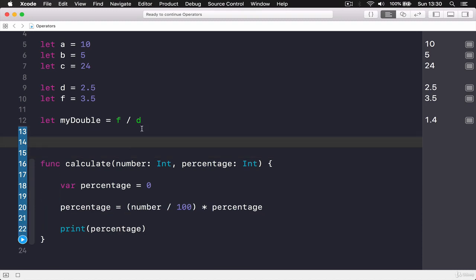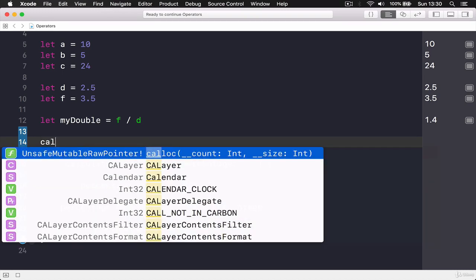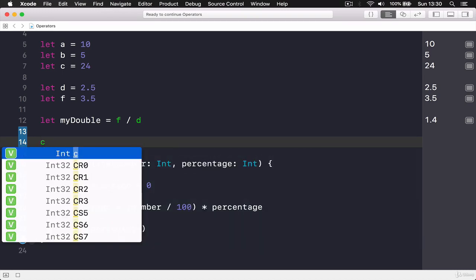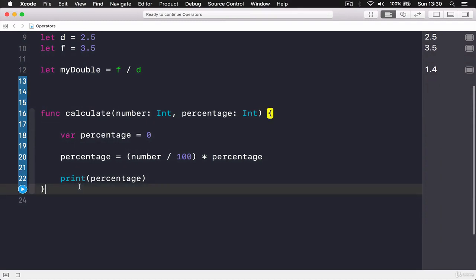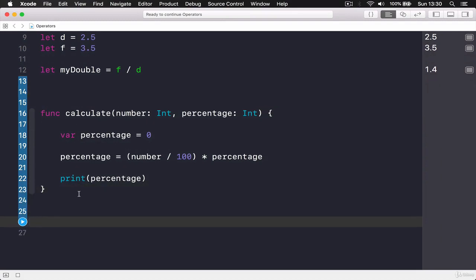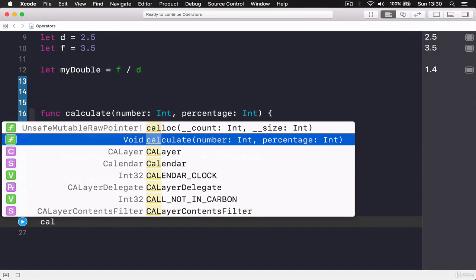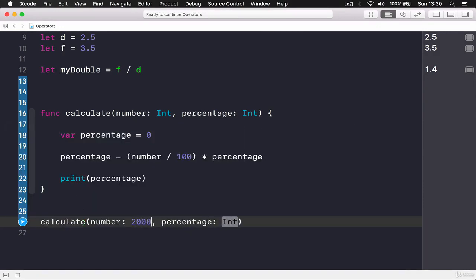So what we can do now, if I want to find out, let's say, 10% of 2000, how much it will be, I can call my calculate function. Actually, I have to call it after I have declared my function. So I say calculate, and I'm putting my number 2000, and I want to find out the 10%. So I put the percentage here. And if I run the code now,